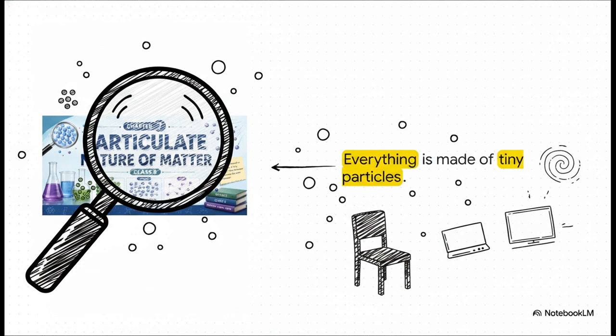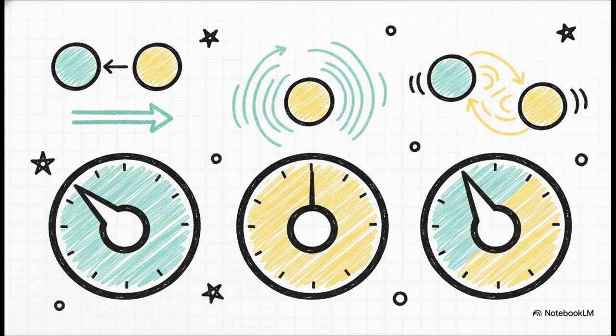And it's entirely their behavior on this micro level that dictates the states of matter we experience on the macro level. Now, before we start looking at specific materials, we've got to lay out the foundational rules of the game. These tiny particles, no matter what they're making up, play by three basic rules. Number one, they always have some amount of space between them. Two, they are in a state of constant motion. And three, they have forces that attract them to each other. That's it. Those three variables, spacing, motion, and attractive forces, are basically the master dials that control the entire physical